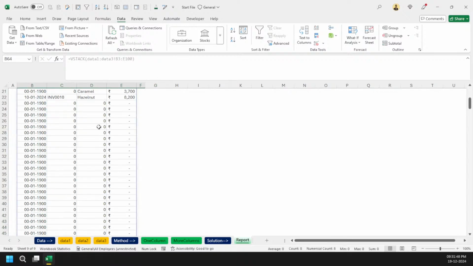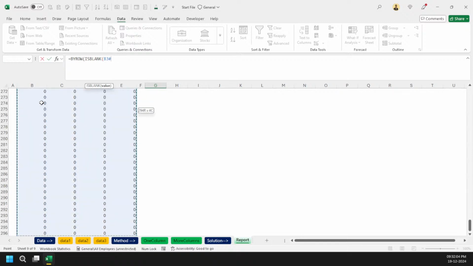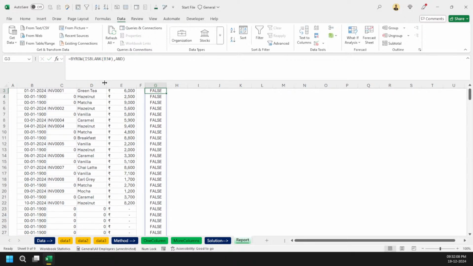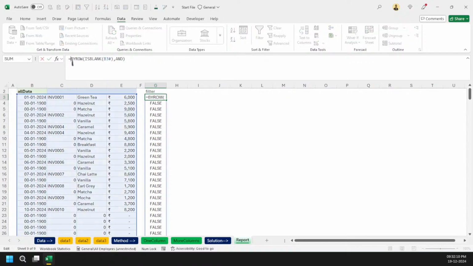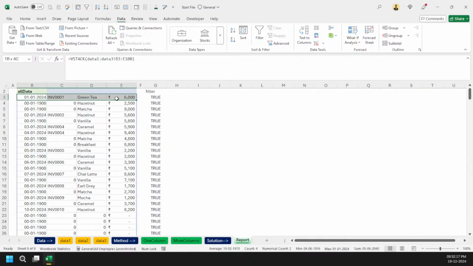So I'm going to use the BYROW function, and then I will say something like this: ISBLANK, and the AND function, and I am going to write it as NOT, because I only want the values where either of the columns are filled.